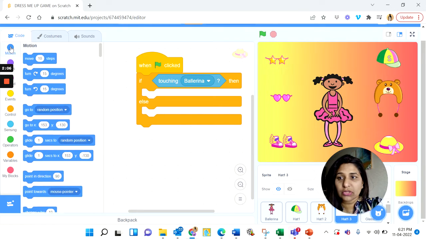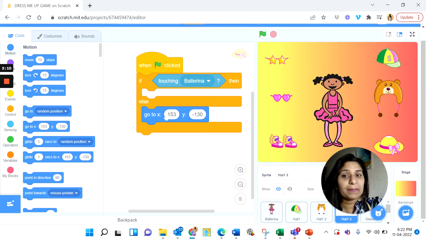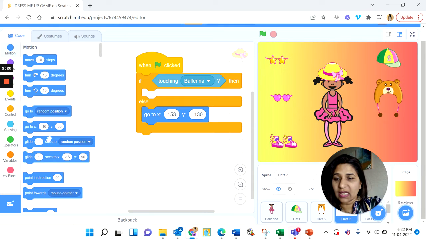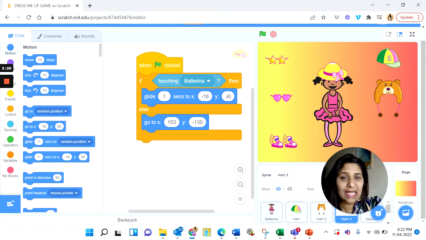So from motion, we bring the go to XY command and put it in the else block, right? And this hat should be placed here when the hat touches ballerina. So we bring the glide command, and this is the new X and Y position for the hat. Now when I press the green flag